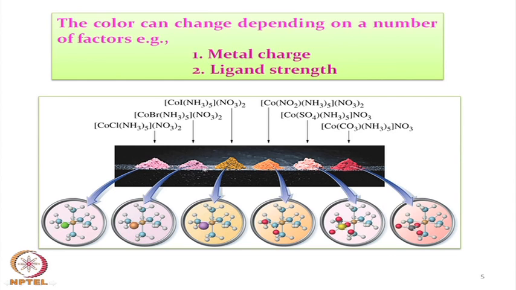So, this variation in these 3 groups means that if we just change within the coordination sphere only the bond attached to the cobalt center from one point, the remaining parts being the same, from chlorine to bromine to iodine, that means iodide, bromide and chloride, the color change will take place from here